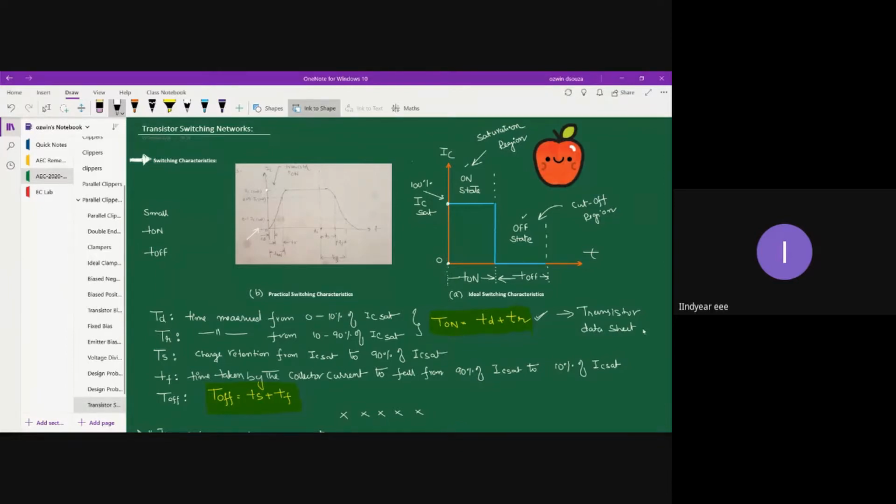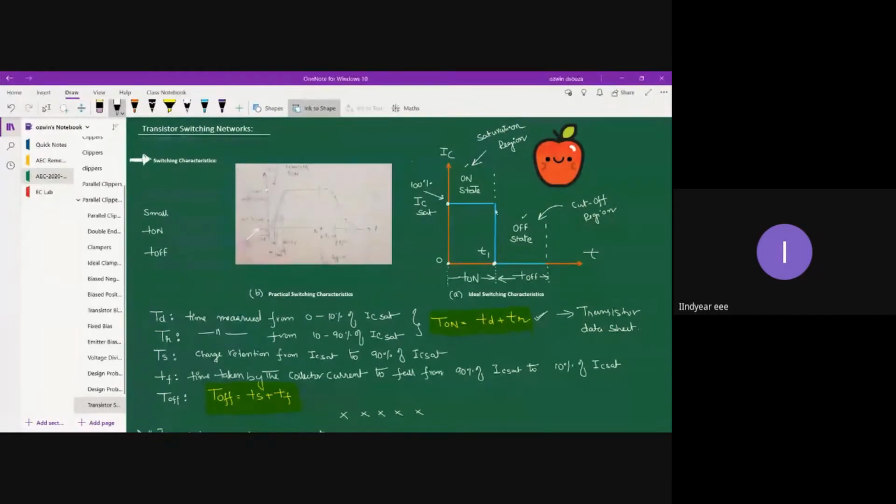Which can be regarded as the response time of the switch. How quickly the switch is able to get into the saturation value is all about the on time. On the other hand, if you pay your attention to the ideal switch, at time t equal to t1, when the switch off state is initiated,